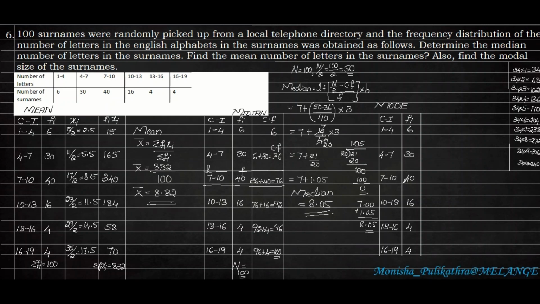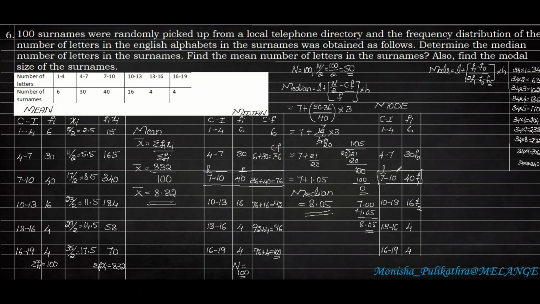Okay, so this is the column for mode. There are no other columns needed in order to find out mode. First we have to find the maximum frequency. Here the maximum frequency is 40. So we need to select this row. Okay, so next I will be writing the formula for mode. Mode is equal to L plus (F1 minus F0) whole divided by (2F1 minus F0 minus F2) into H. Whichever row we have selected will be F1, the previous will be F0 and the succeeding will be F2.